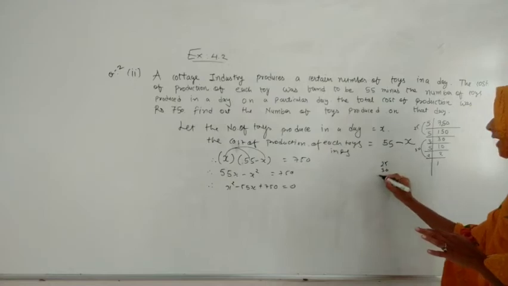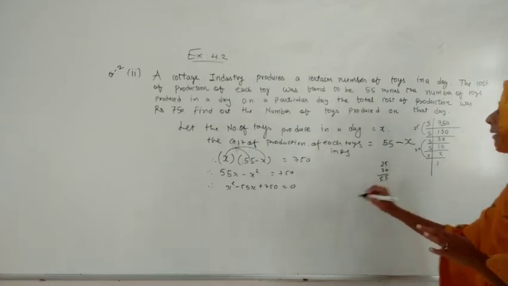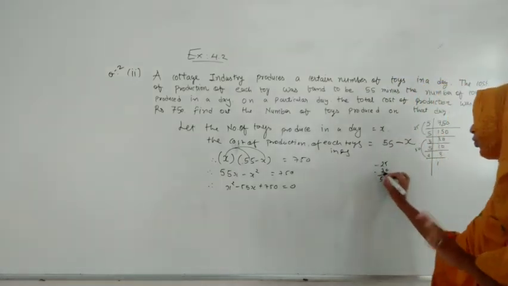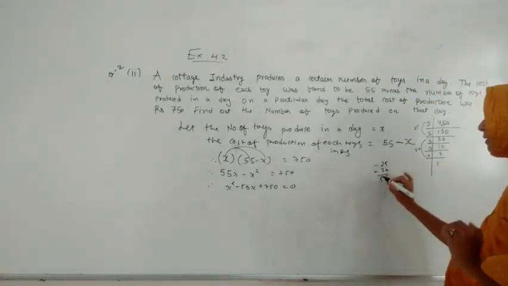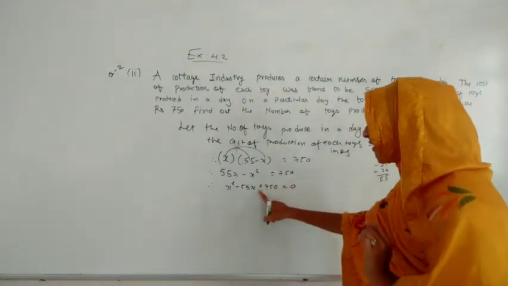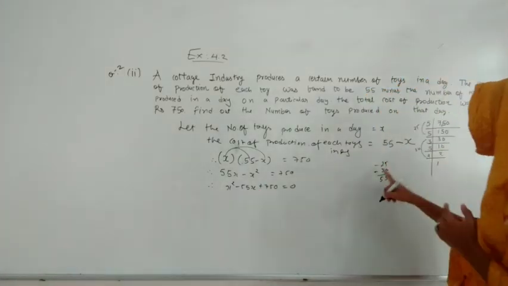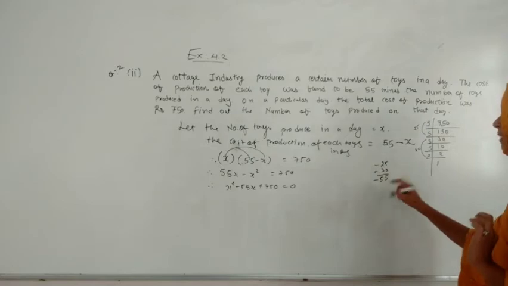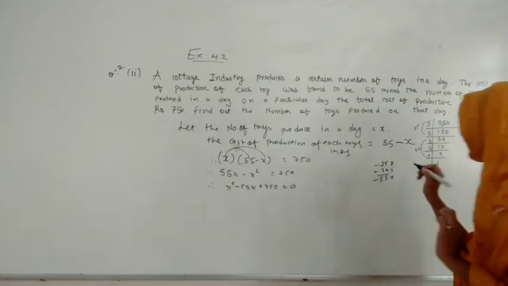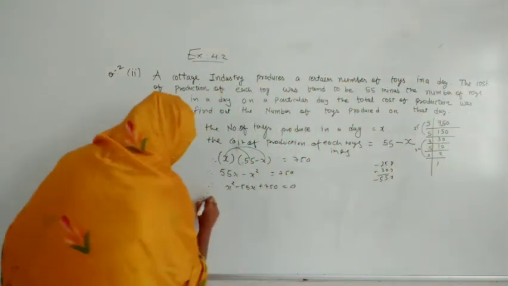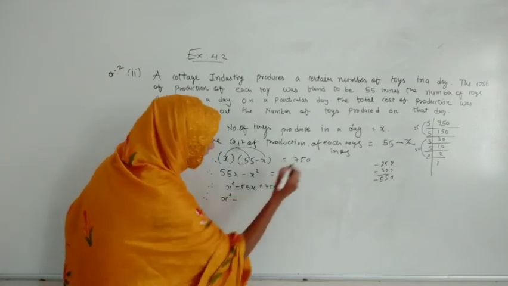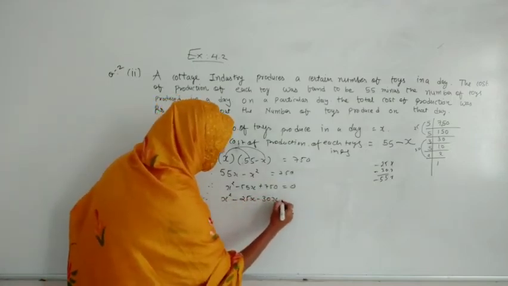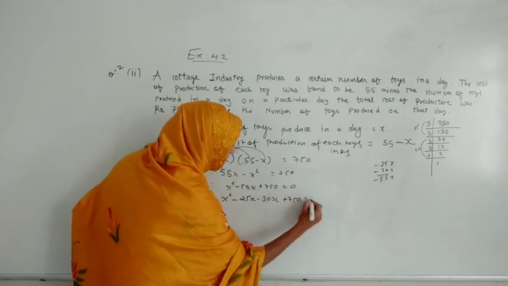Means हमने ये दो का combination बनाया और ये तीन का, so this is making 25, this will make 30. So here we got answer as 55, and by adding it, but here we want minus, so हम क्या करेंगे, दोनों को minus करेंगे, because minus minus will make plus, यानी ये वाली condition satisfied होगी, and the symbol of the greater number that will be of 30, तो 30 minus में तो 55 will become minus 55. So here on the splitted form we will write that will be in the form of minus 25 and minus 30x and plus 75, and that is equals to 0.